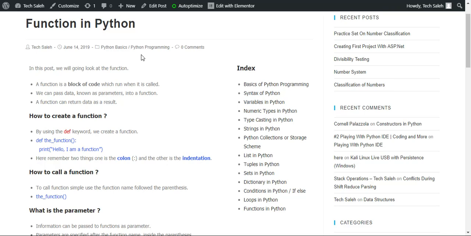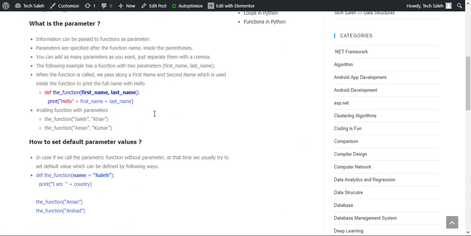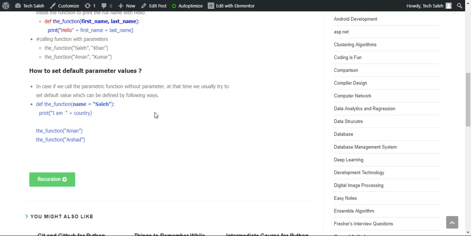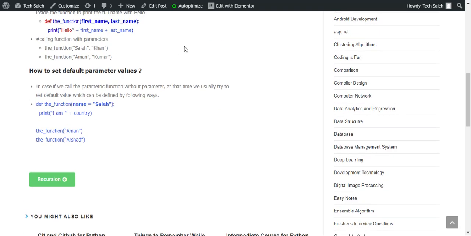Alright, so in this video we're looking over the function, right? So what is a function? A function is basically a block of code, or a function is something that performs a task. You can think of it this way. And what happens is usually